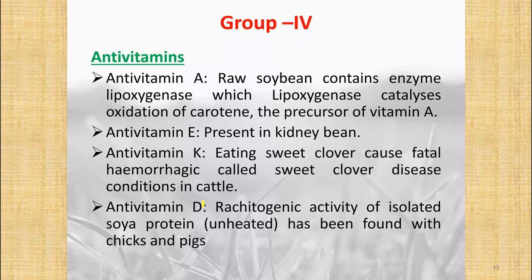Ruminants have the capacity to synthesize their own protein, but exogenous administration of some vitamins like vitamin A, E, K, and D is very essential in different body mechanisms. For example, vitamin A is required by the animal, and the soya bean contains toxic substances that end up causing toxicity in the animal.